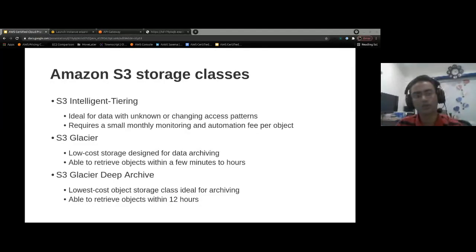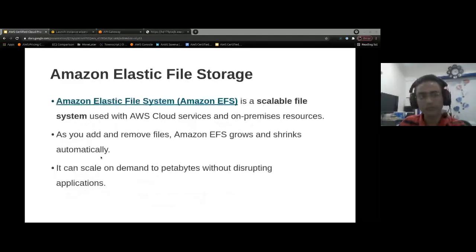Okay. So moving forward, with respect to other storage options, we have Elastic File Store. Okay. So what is an Elastic File Store? Elastic File Store, as the word suggests, elastic. It's a scalable file system used with AWS Cloud Services. Okay. So